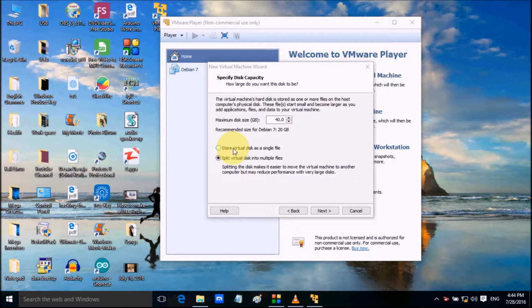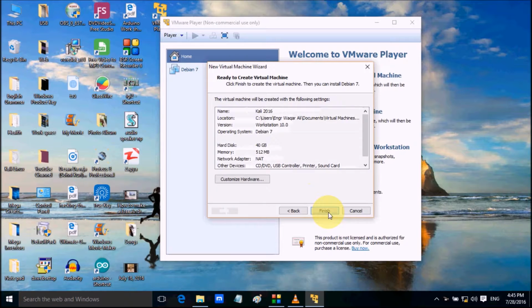Okay, so now choose to store the virtual disk as a single file. If you are new, you have to choose a single file. If you are familiar with the software, then you can choose to split the virtual disk into multiple files. Next, here it is asking if you are ready to create the virtual machine, but before that,